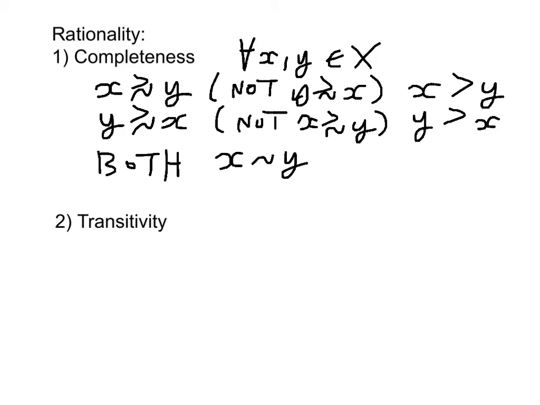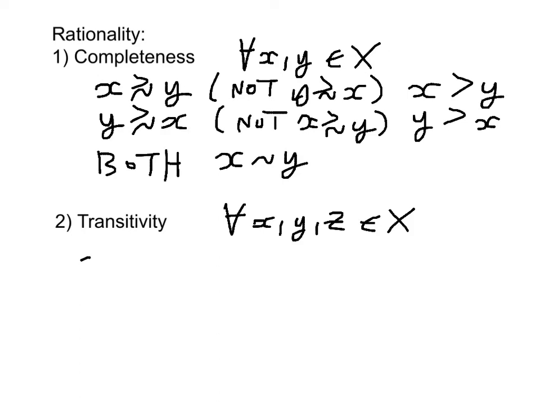Transitivity now. What we're saying is that the consumer is capable of comparing two alternatives at a time. The consumer is making pairwise comparisons, but these comparisons have to be linked in a certain way, such that the consumer's choice be consistent. So if we have three alternatives, three elements x, y, and z in the commodity space,